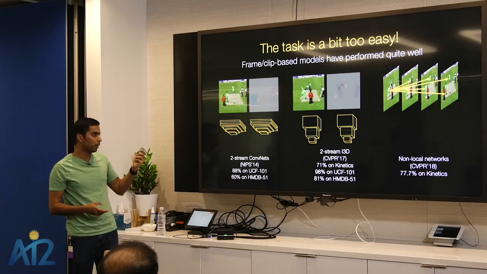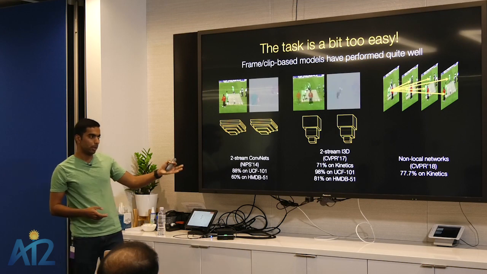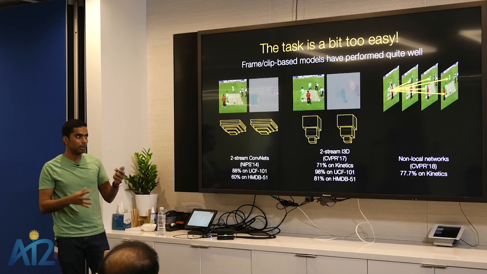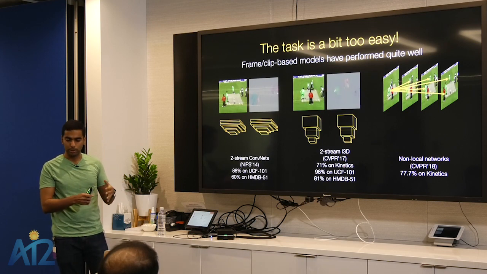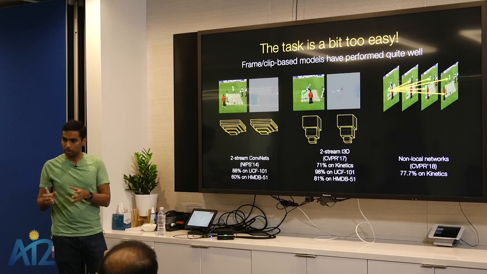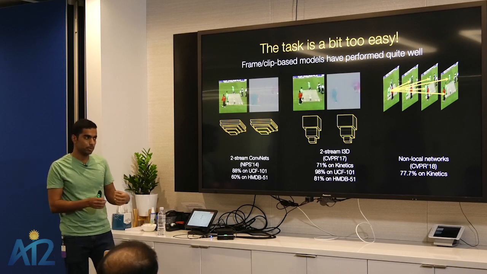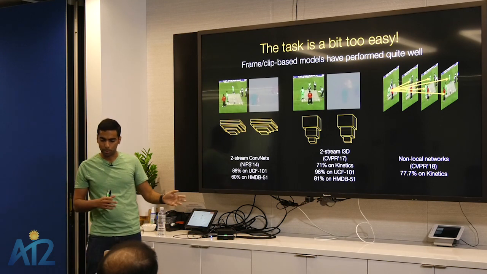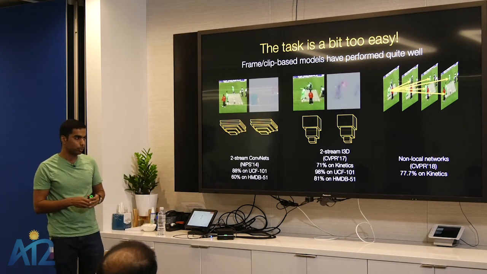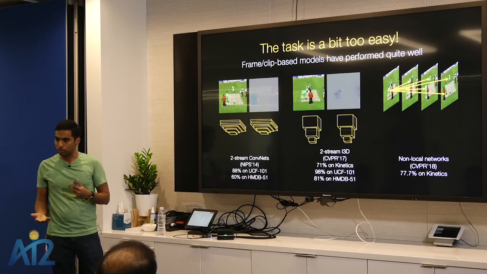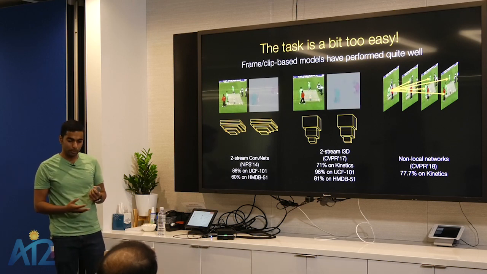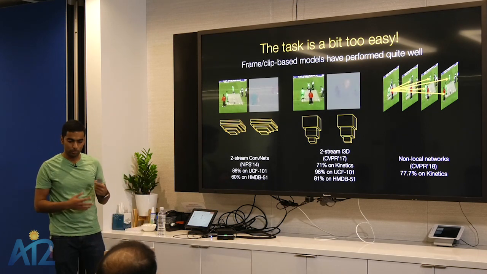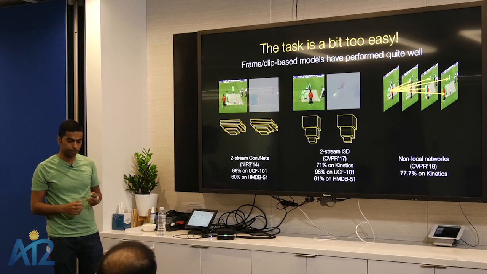So for example, from Two-Stream to Two-Stream I3D, which was two years back in CVPR, and even the non-local network, which was state of the art on Kinetics, they're only looking at short video clips. So basically they take the whole video, chop it into short clips, and just do recognition on each of these clips and average the predictions in the end. And even something like that is already getting 80% performance on Kinetics, which was just proposed a couple of years back, and it's already close to being solved. So basically the problem is that these simple methods have been easily able to solve these data sets without actually needing any long-term temporal reasoning.